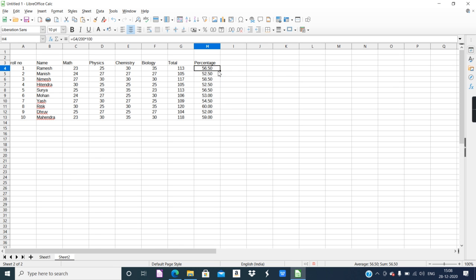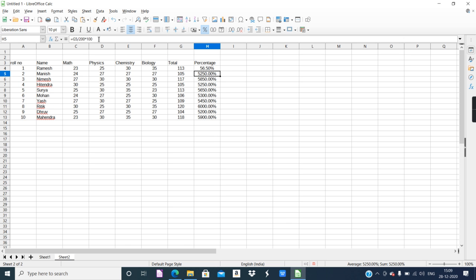Otherwise percentage you can also use. There are different data types in spreadsheet application. So see this percentage, format as percent. If I choose this, I will get a percentage symbol at the end. But this is not correct. So what I need to do is select one and remove multiplied by 100. If you consider percentage data type, there is no need of putting multiplication with 100.